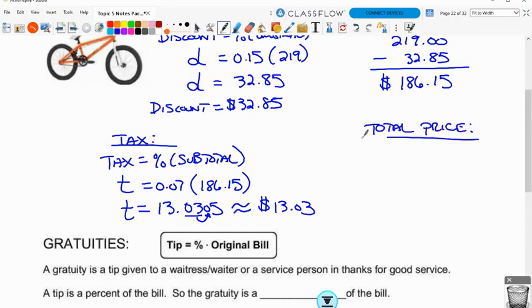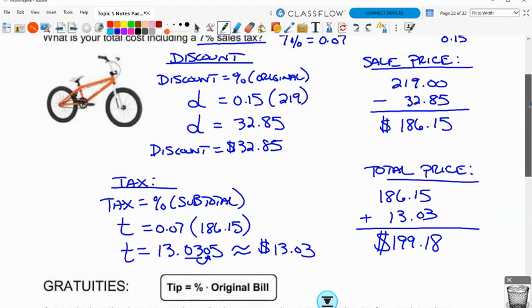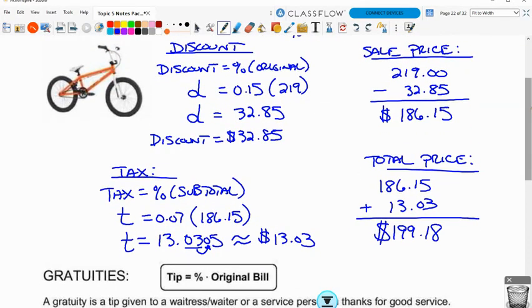Okay, remember, for the total price, you take the subtotal, which was our sale price of $186.15, and we add on the tax, which was the $13.03, and that will give you a total price of $199.18. Okay, so in a question where there's a discount and a tax together, this is the process that you